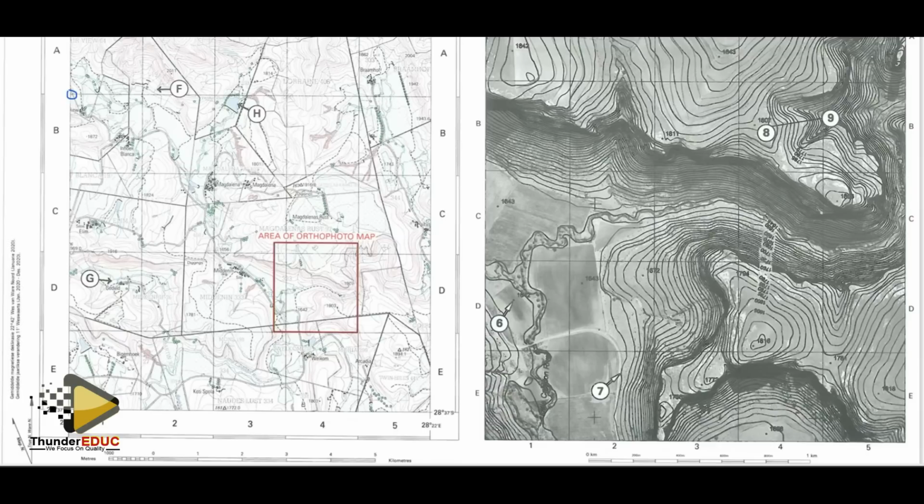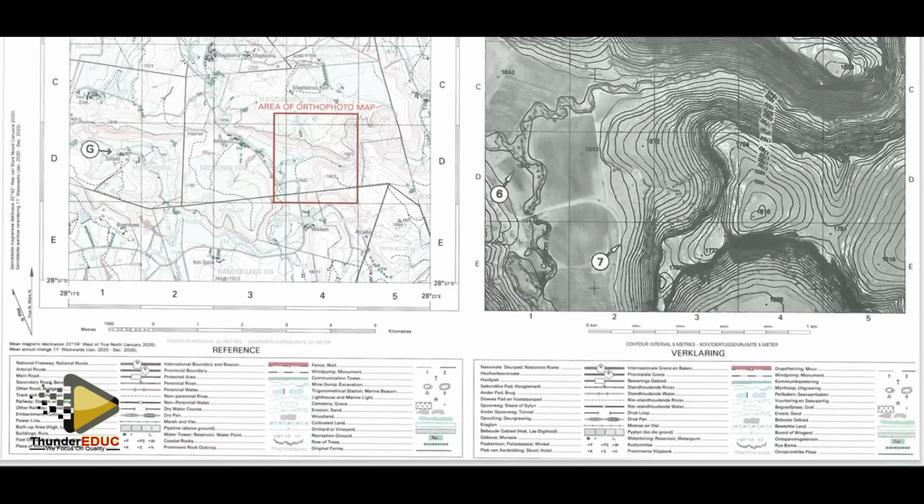Remember, this orthophoto map is an extract from this red marked demarcated area on the topographic map. So we can do an integration of the two maps to try and figure out what exactly is happening on that particular section of the map. But if you can see, our 6 and 7, they basically qualify to come under this area illustrated here, close to the southwestern corner of our block.